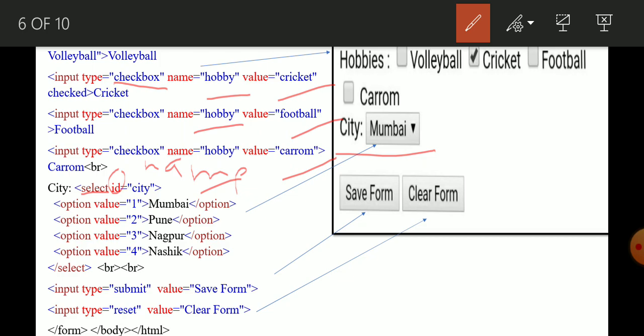In the value attribute here 1, 2, 3, 4 are specified, meaning when the user selects the Mumbai option, then 1 is stored inside the database, not Mumbai. Same if the user selects Nashik, then 4 is stored inside the database. And whatever you write in between the option tag will be displayed on the web page for user understanding. If you want to store the words Mumbai, Pune inside the database, then you can write Mumbai, Pune as a value attribute.